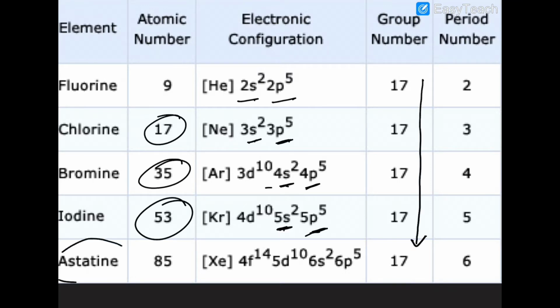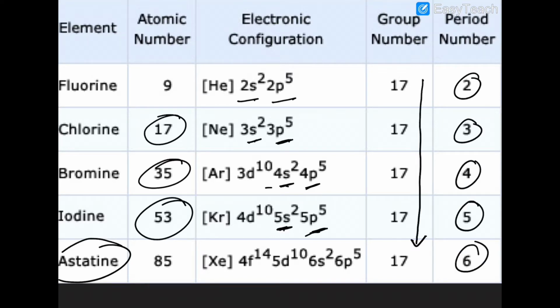Astatine is radioactive in nature, so we usually don't consider the chemical properties exhibited by astatine in this group. We only deal with the other chemical properties. For the second period it is fluorine, for the third period chlorine, for the fourth period bromine, for the fifth period iodine, and astatine for the sixth. All of them have valence shell configuration ns2 np5. So please memorize that. That is very, very important.